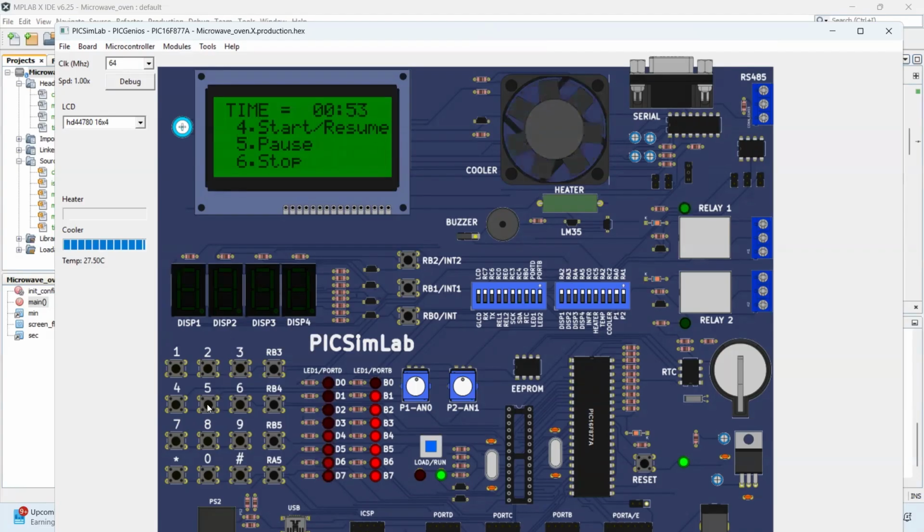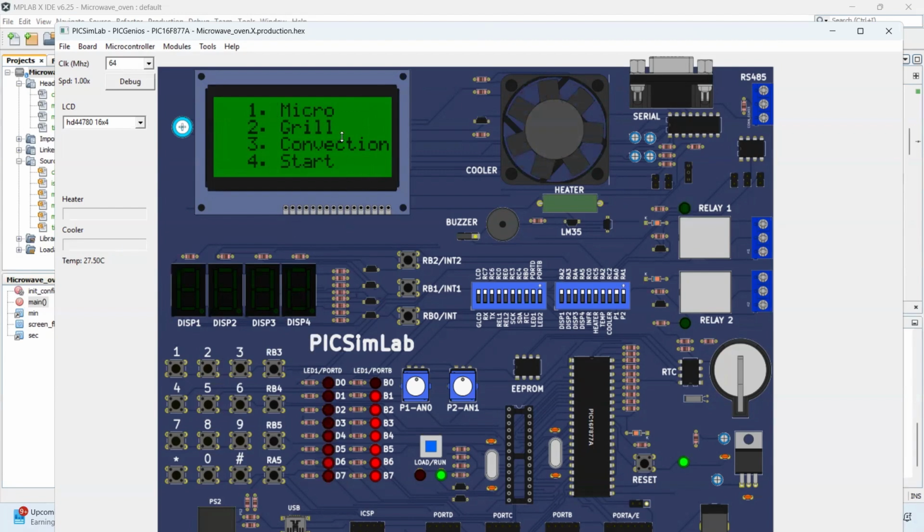Here we can pause the cooking or resume the cooking. We can stop the cooking as well. Next, we'll move on to the grill mode. In grill mode, we can set the cooking time to 25 seconds and then press enter. It starts down counting. Here also we have the same options: pause, resume, and stop. We'll let this complete. Time up, enjoy your meal.